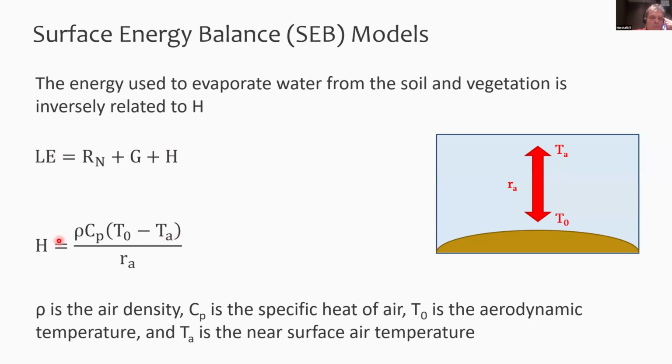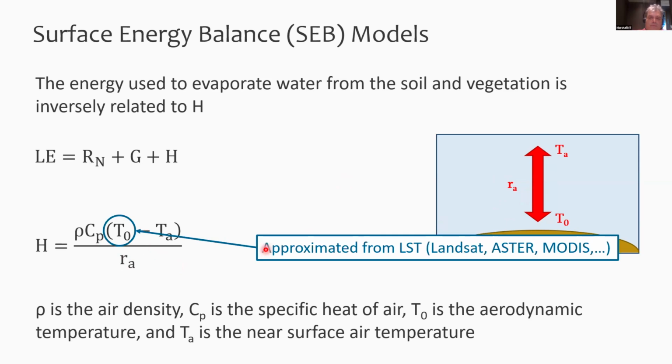And so we use this basic relationship here, and there are different ways of doing it, and that's how the different models have emerged. And so basically, sensible heat is a function of land surface temperature, T sub 0, and atmospheric temperature, T. So obviously, as the land surface temperature increases, there's more sensible heat. And you also have this atmospheric resistance term, which is actually a major source of model uncertainty. And this is one of the reasons why we have so many different models, which basically adjust for the sensible